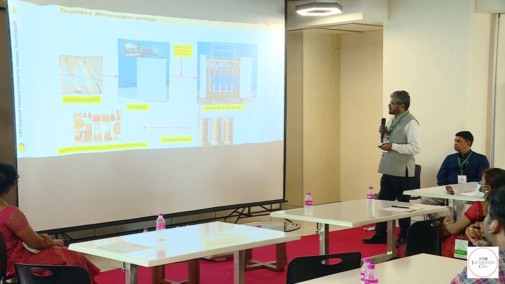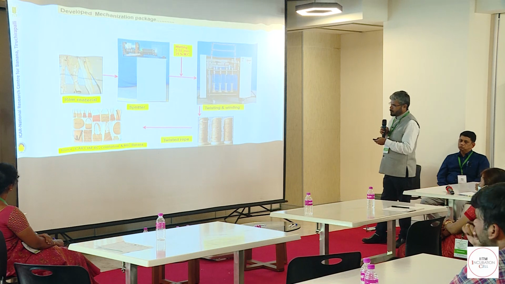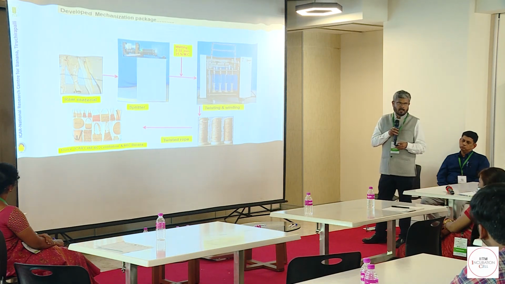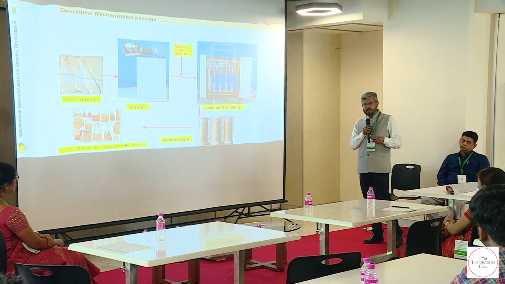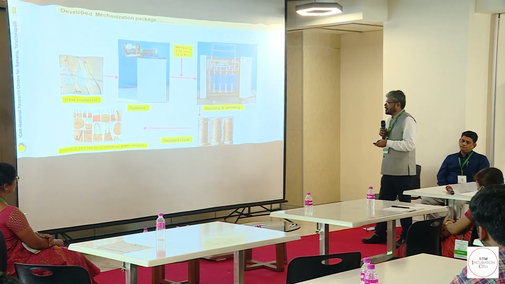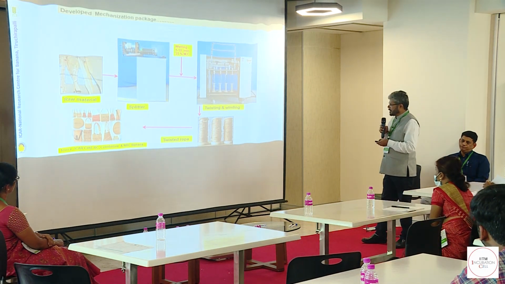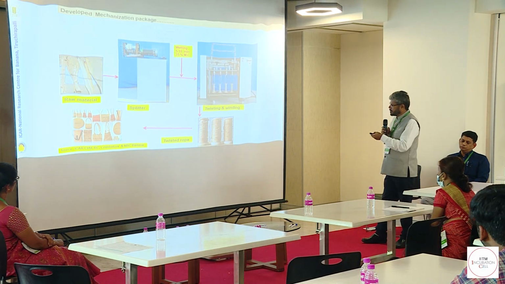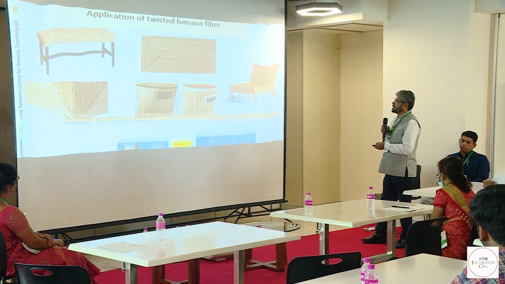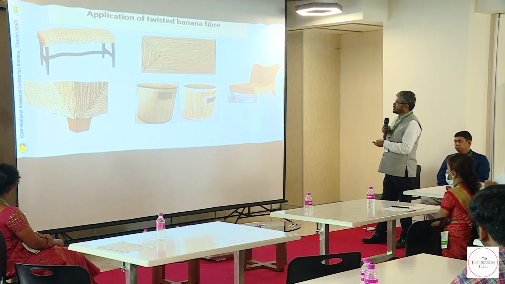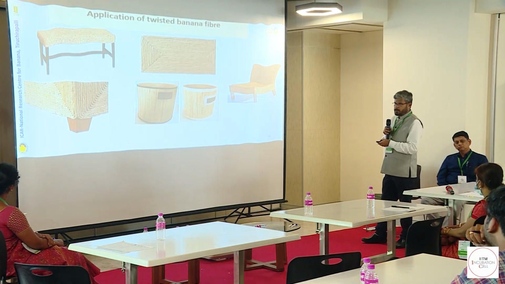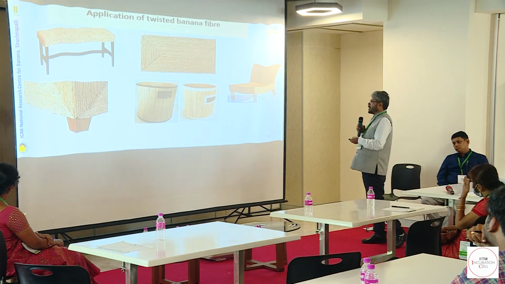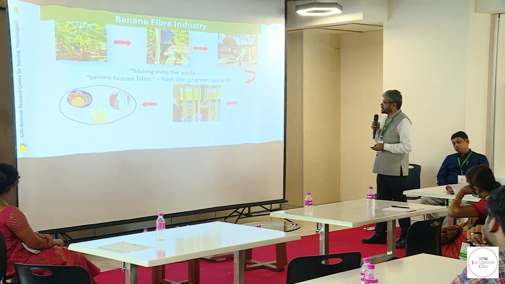Then mechanization of this you can also do with ICAR-CIRCOT, Mumbai, where they are working on cotton. We have tied up with them, and we have also developed twisting and winding machines, and you can see the twisted ropes of sheath here. And these are all the products. This was taken in IKEA, Hyderabad. So you can use banana sheath based fiber for making these types of products.